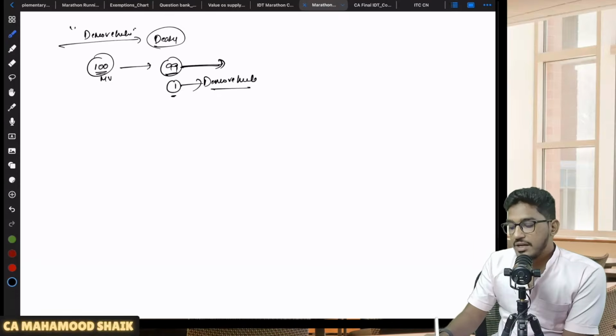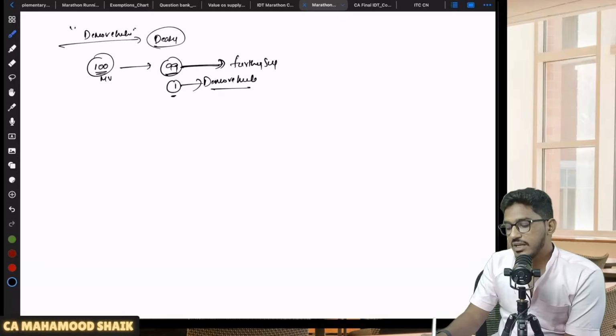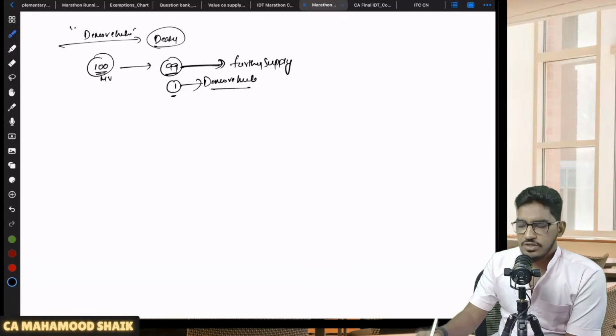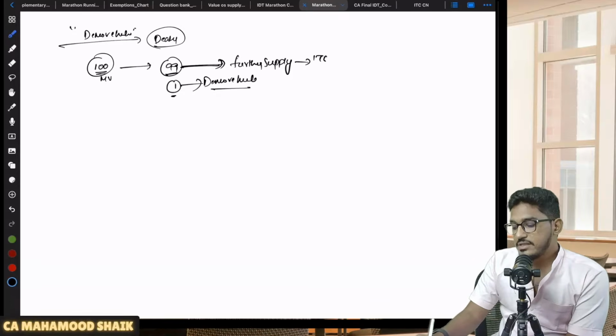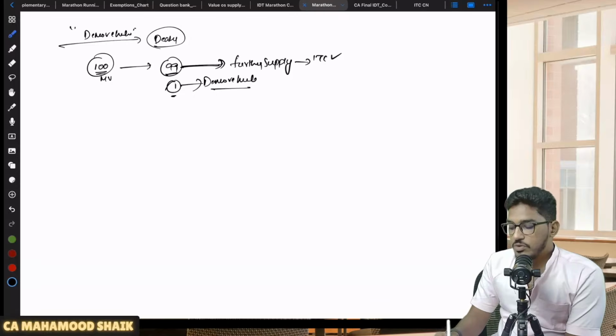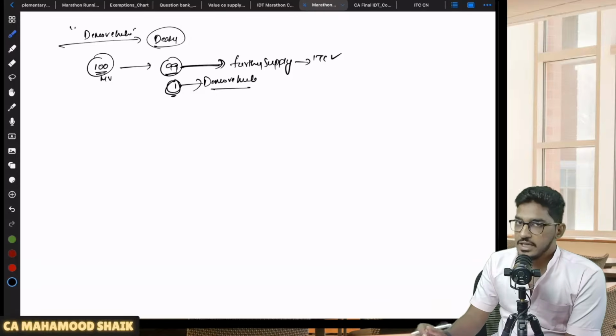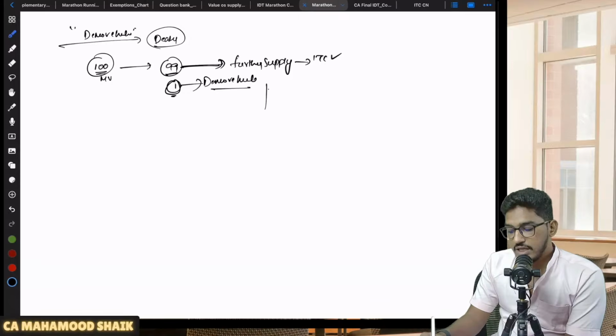Now, when it comes to these 99 vehicles, there is no doubt they are purchased with the intention of making a further supply, so he can claim ITC on that, no doubt. But what about this one demo vehicle? See, it is an ineligible motor vehicle. But for an ineligible motor vehicle, you can claim ITC only when three eligible purposes are met. Either you are using it for making a further supply, or for making a taxable supply of transportation of passengers, or you are imparting driving skills.